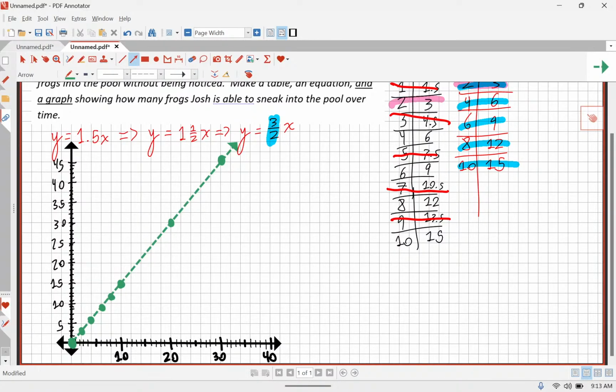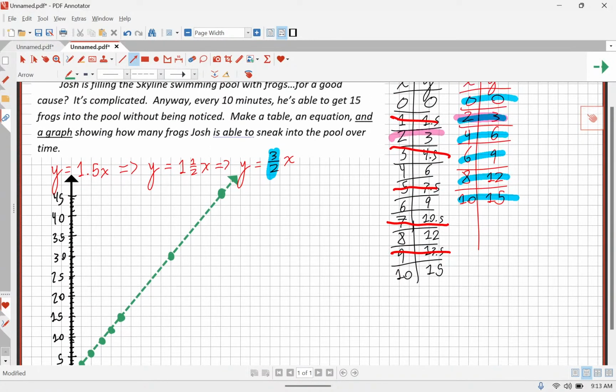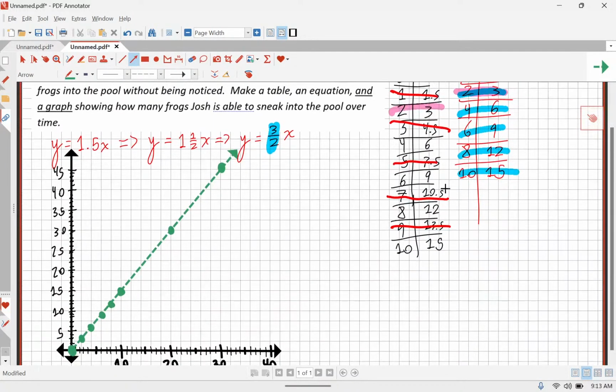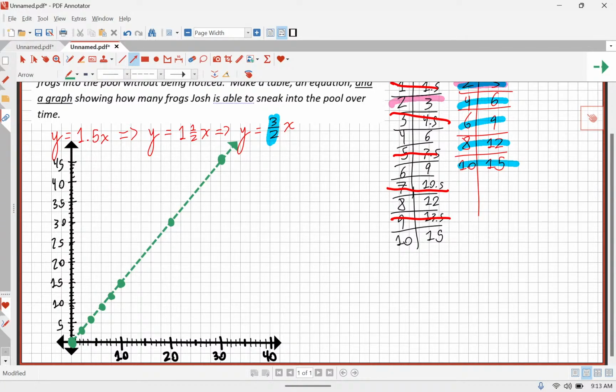Today, guys, this 3 over 2 isn't just telling me this 2 comma 3. It's actually telling me 4, 6, 6, 9, 8, 12, 10, 15. I could keep going. 12, 18, what would that be? 14, 21. How many of us think we see how the 3 over 2 is informing every single number in my table? Cool. And then we're going to turn that into a way to make this graph.